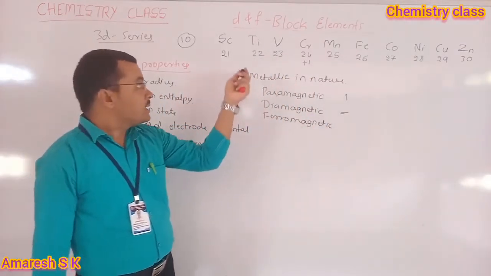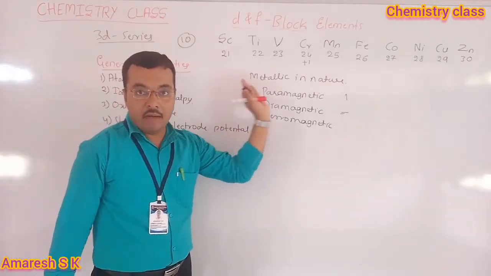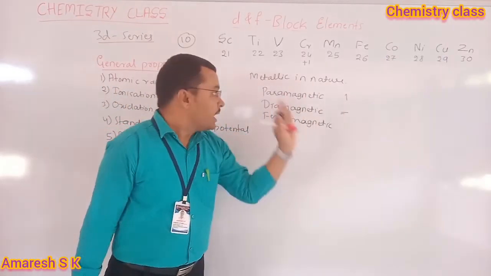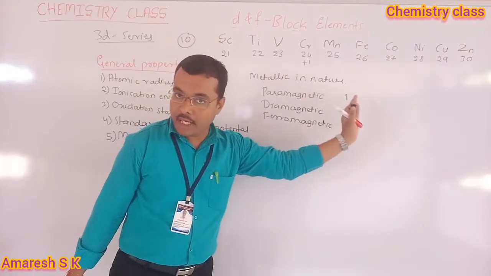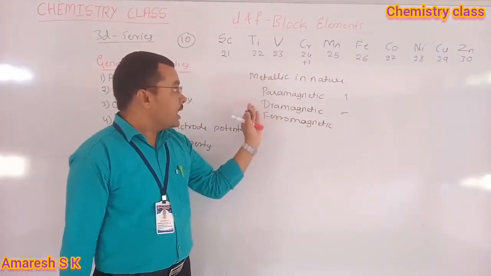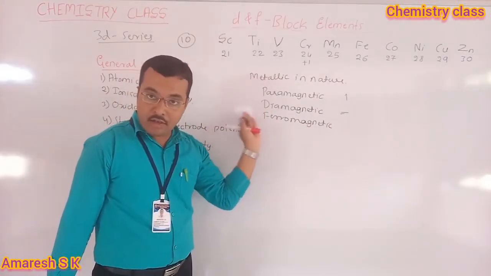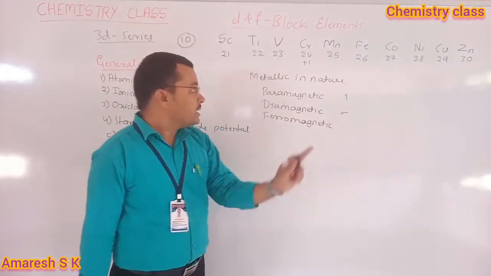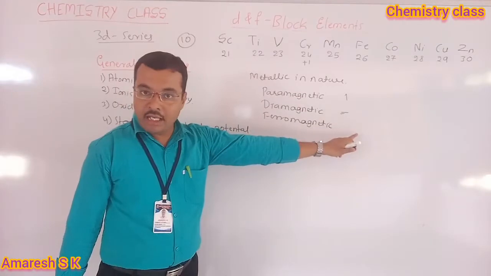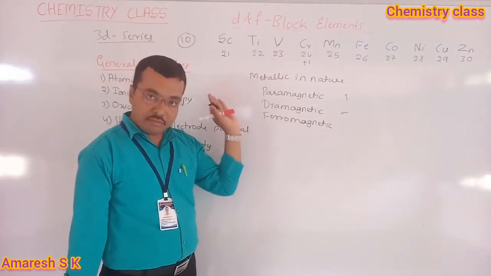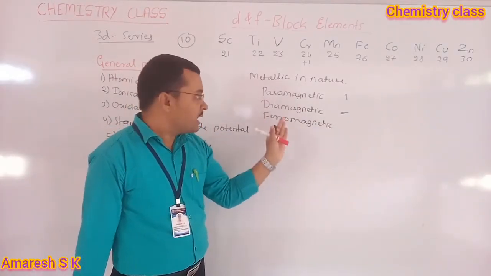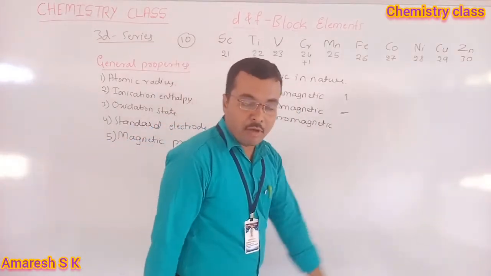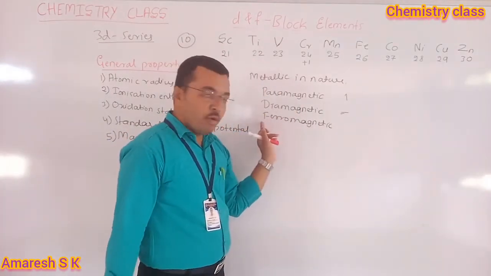If the metals have unpaired electrons in the outermost shell, these are called paramagnetic. And if the metals do not have unpaired electrons in the outermost shell or valence shell, these are called diamagnetic elements. And the elements which have the more magnetic property, those are called